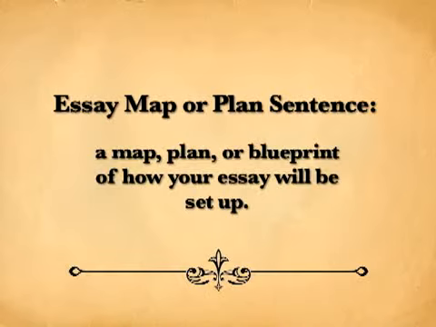As part of the thesis, in order to help give the reader a sense of how the essay will be structured, you might include what is sometimes called either an essay map or a plan sentence. And this is basically what it sounds like. It's a map, it's a plan, it's a blueprint of how your essay will be set up. So while the thesis statement presents the central controlling idea of the paper, the essay map lets the readers know the points that you're going to discuss in your paper in the order that they'll appear within the paper, so they have an even clearer expectation of how your essay is going to be structured, so they don't feel like it's sneaking up on them. So you want to have a main idea or argument and the points that you'll discuss in the essay in the order in which they'll appear.